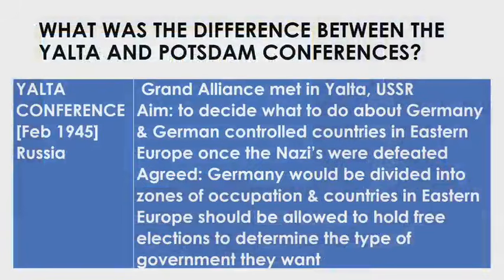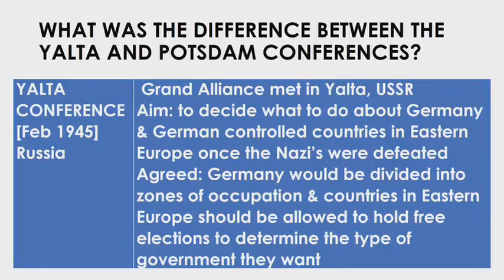We also in class had a look at the Yalta conference and the Potsdam conference. So one of the things that we want to touch on is the idea of the difference between the Yalta and the Potsdam conferences, and just understand what had changed within European society at the time between the two conferences. So the one is the Yalta conference. It happens in February 1945 and it takes place in Russia. World War II had not ended yet.